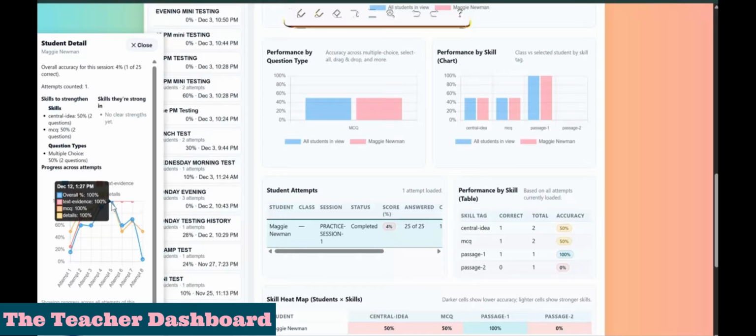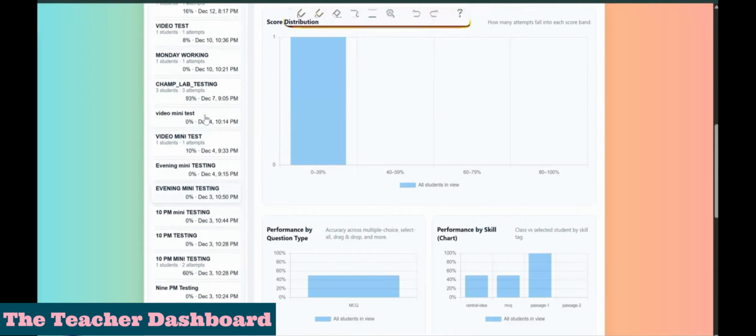And what I really like about it is it immediately tells you off the bat, skills they need to strengthen. They need to work on central idea and multiple choice questions. All right, the question type's definitely multiple choice. And the skills they're strong in, well, because I only answered a couple of questions, no clear strengths yet. But if we go back and we look at a different example,